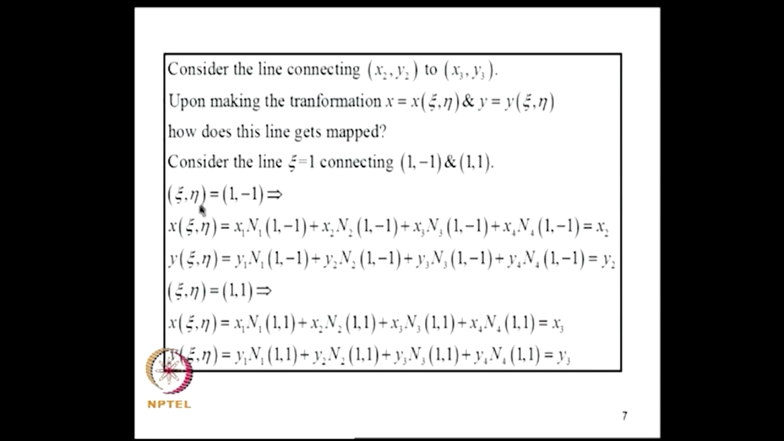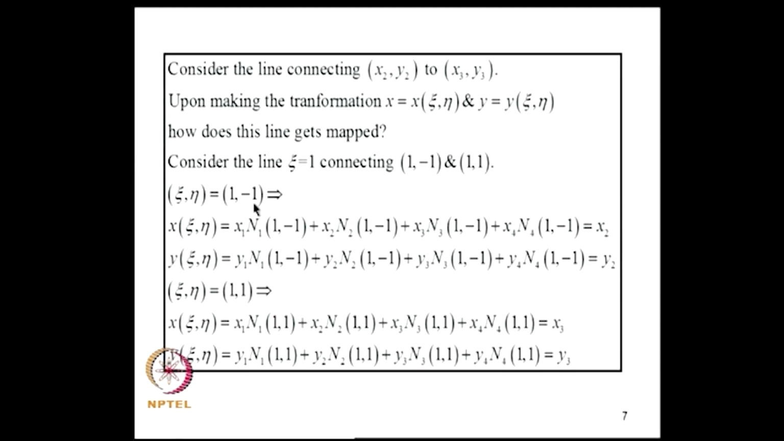Now, xi at one of the vertices, the coordinates are 1 comma minus 1. So, what happens to x there? x is x1 into n1 plus x2 into n2 plus x3 n3 plus x4 n4. Now, how do these shape functions behave? Except this n2, all other shape functions will be 0. So, this becomes x2. Similarly, you can write the value of y of xi comma eta, that means where does this